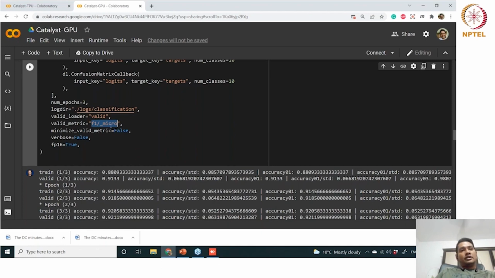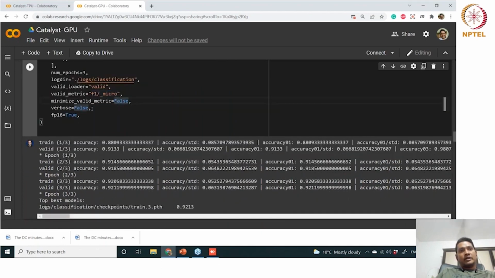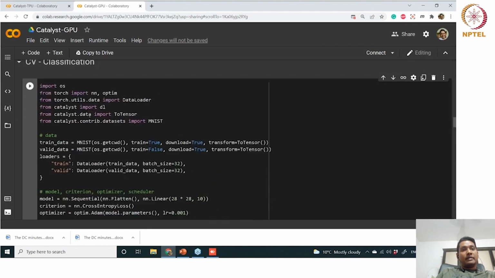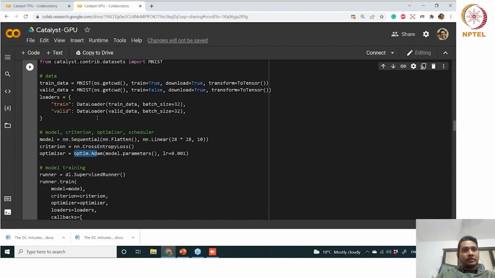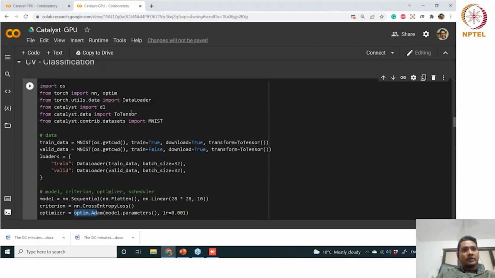So this metric is also supported, and you want to do, let's say, verbose false, and also if you want to do mixed precision training, fp16 equal to true, you can enable it. And since we have enabled it, you can see here that we are actually using Adam optimizer here, but